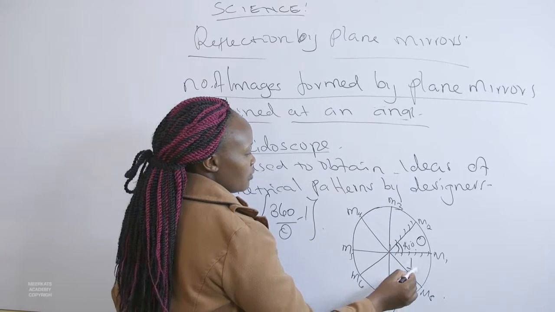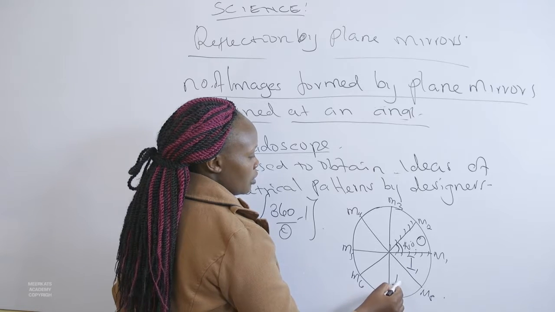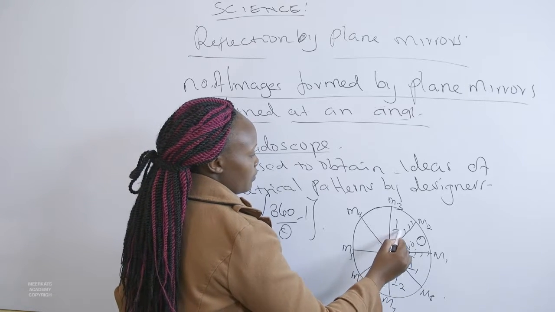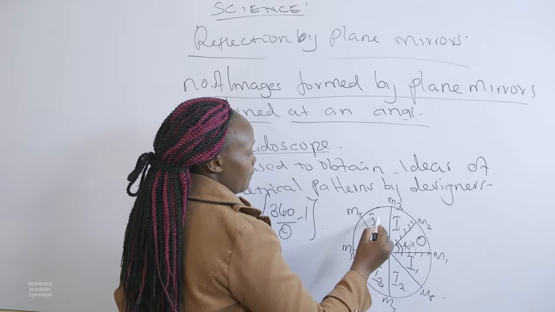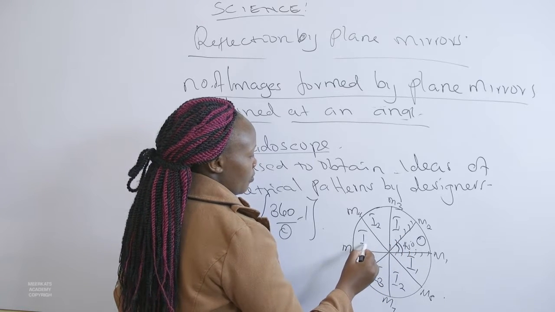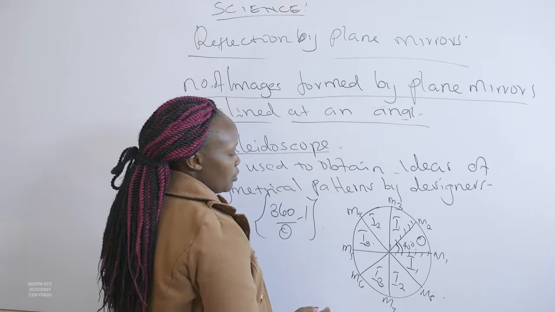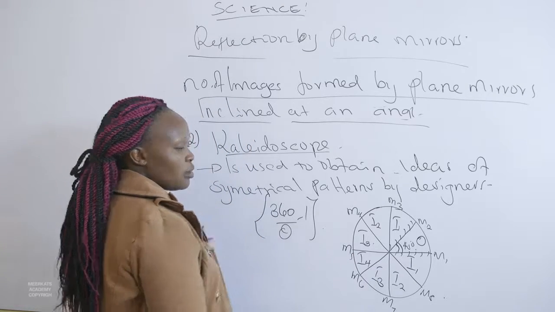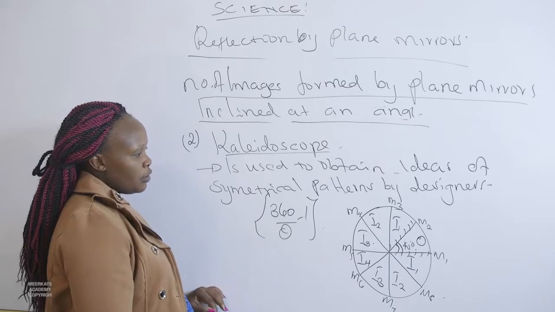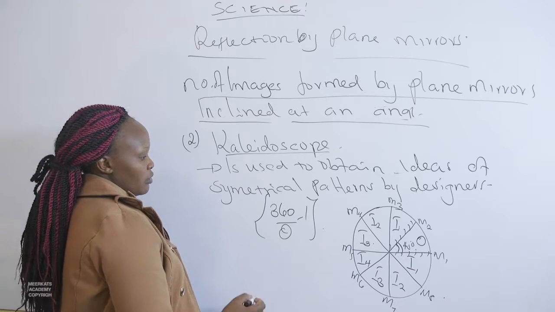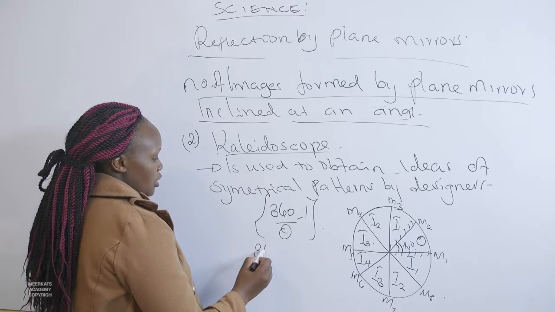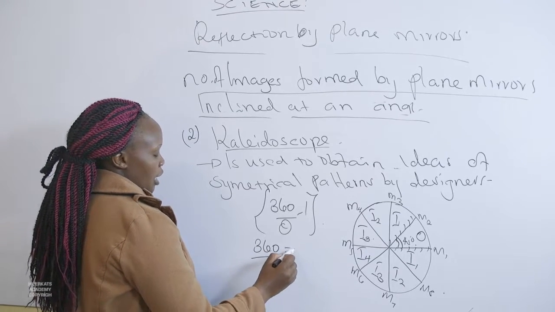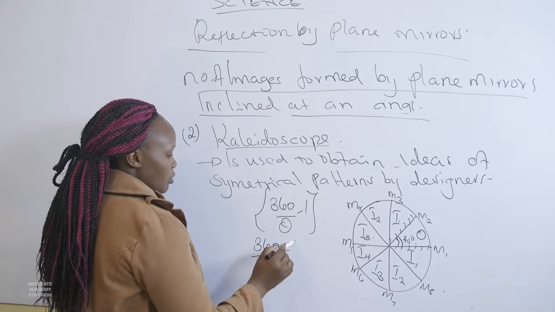So you will have image 1, image 2, image 3. And now we have a merger of the two images so that we can form an image we are going to call image 4. According to the relationship, if you take 360, divide by 45, and then you subtract 1,